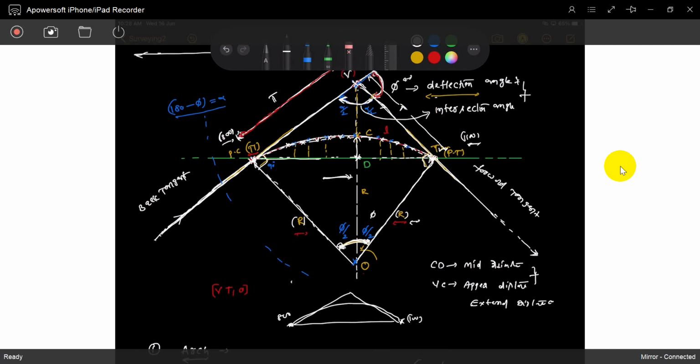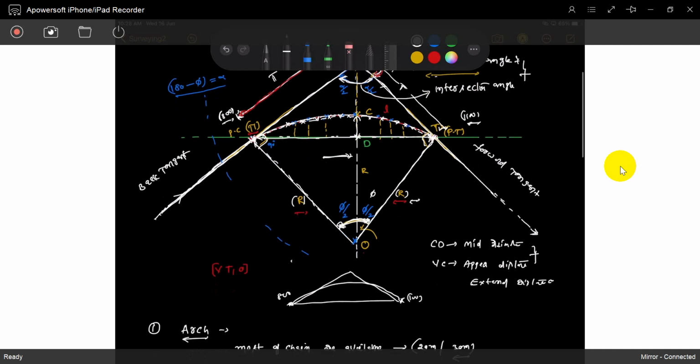So what is the exact straight line distance? That is the long chord distance. What is that long chord distance? This is 800, this is 1100. This is the curve length, 300 something. So what is the chord length? The long chord length, how much is it? How can we take it?